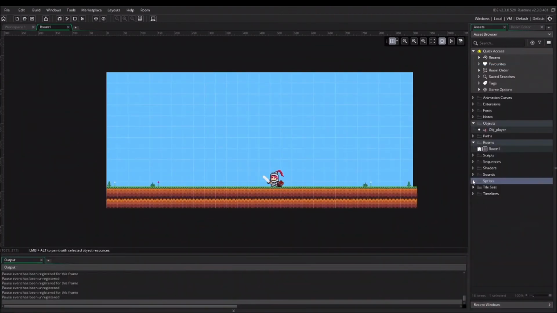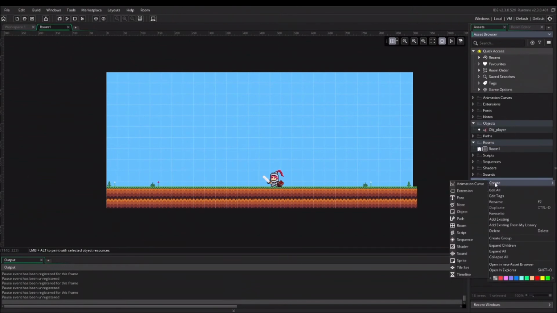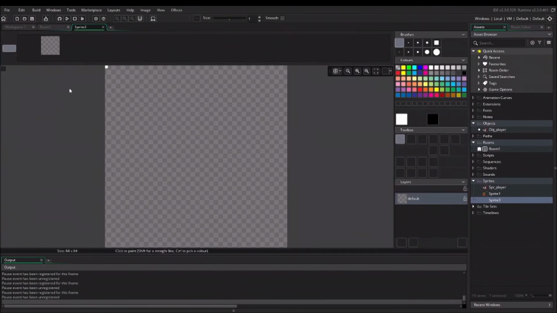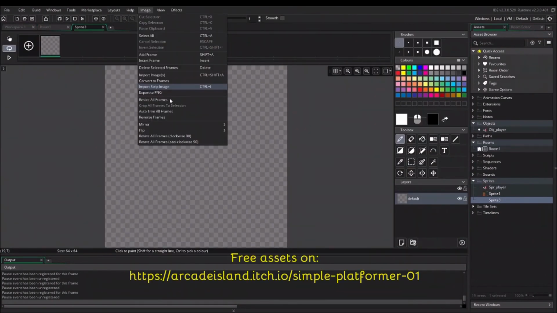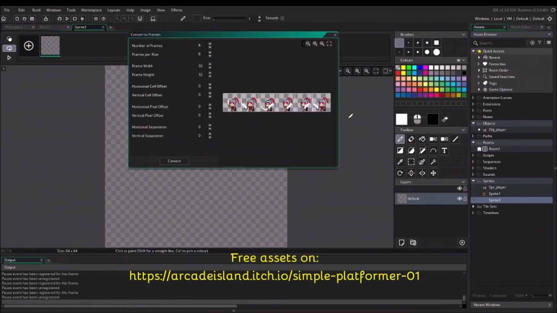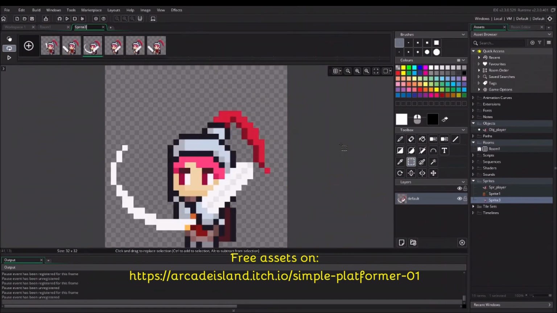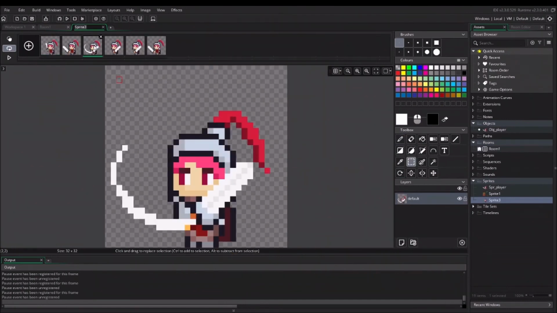Along with the walking sprite, we also have a sprite for hitting, so I'm going to add that. So just open a new sprite, click again on edit image, and import the strip image from the player attack. The settings are the same, and as the calculation is a bit hard, we're just going to make it easier and drag in the hitting image to the front.